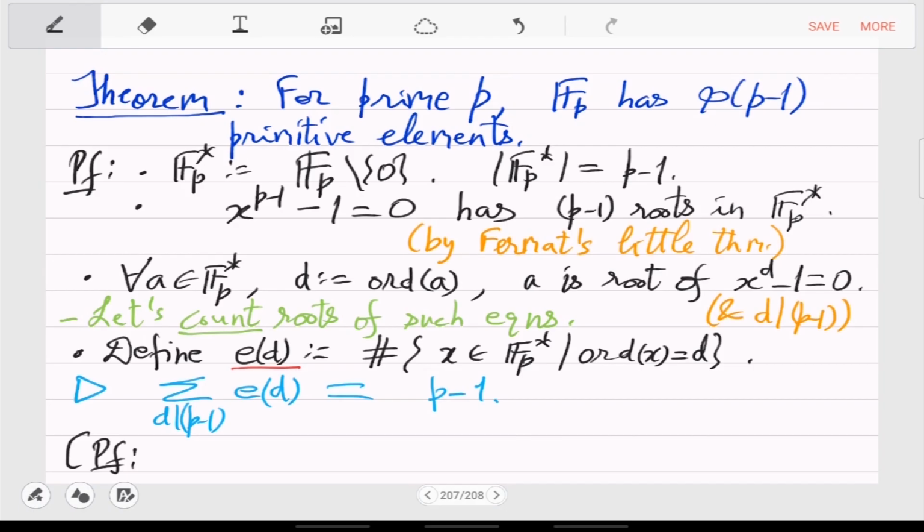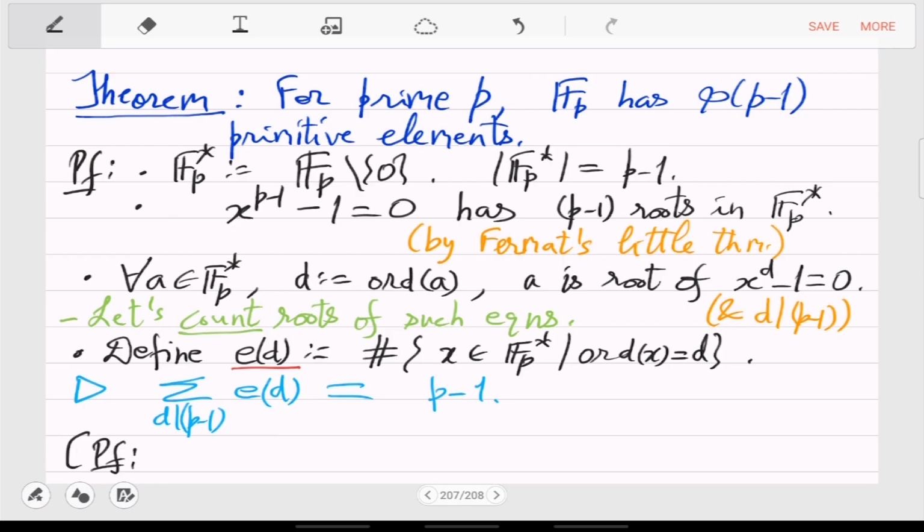We are interested in how many elements there are with order P minus 1, maximum order. So instead of just looking at E of P minus 1, we will look at all these E_D's. So what is the sum of all these E_D's? It's P minus 1. What I had written before would have been greater than P minus 1. Now it is exactly P minus 1. So the proof is simply that,